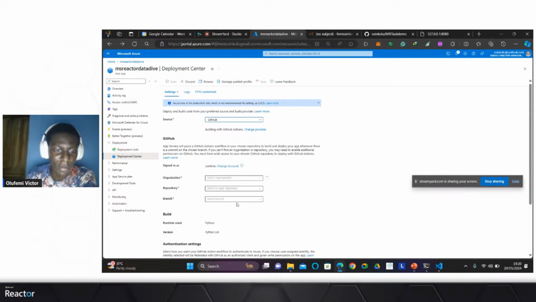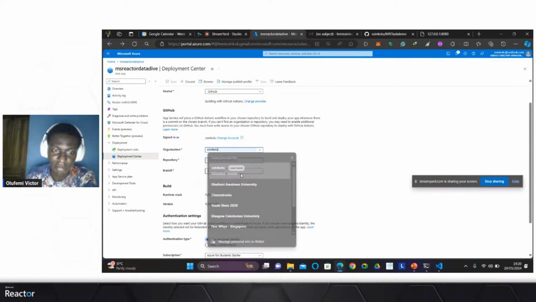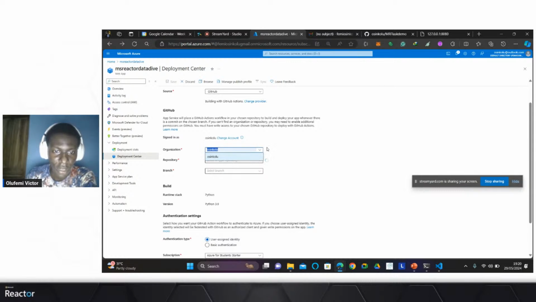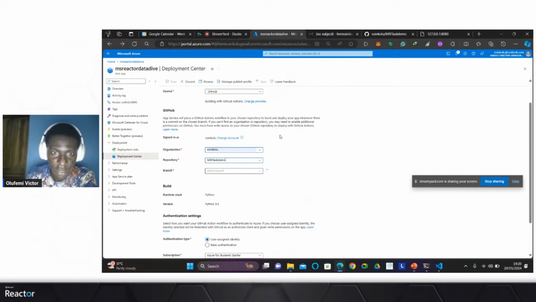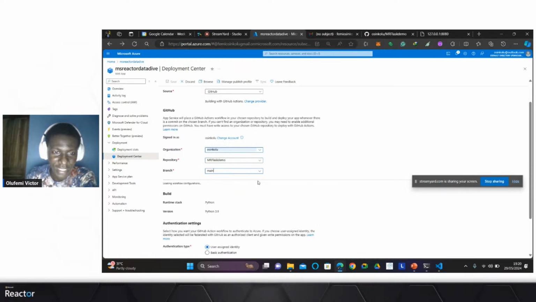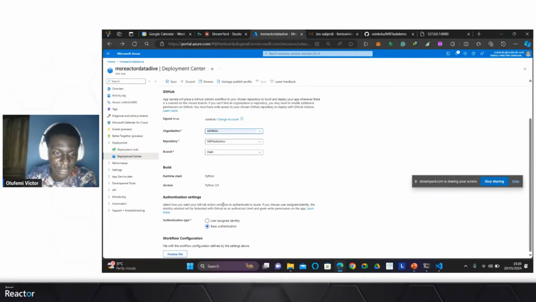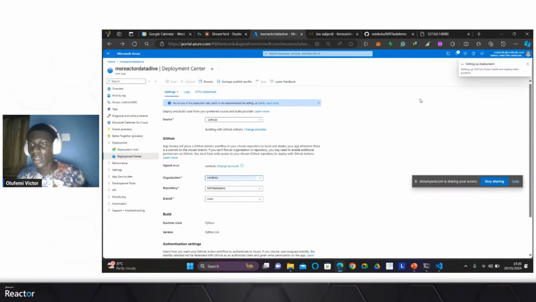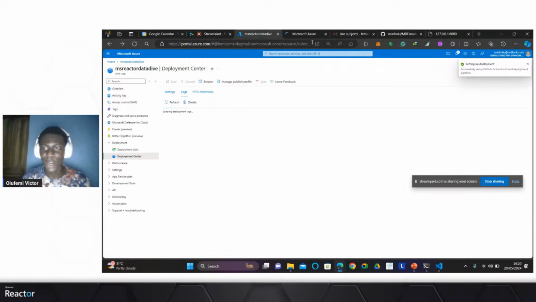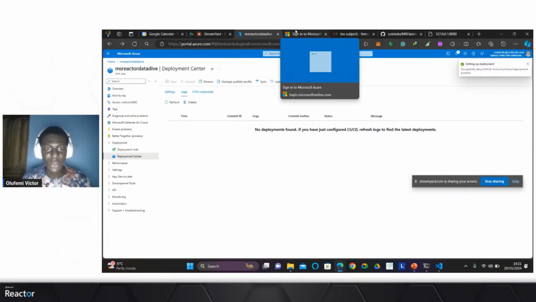So this is GitHub. Of course, I'm going to choose the last one I chose. So my repository is, yeah, let's find it. So my Flask demo, I know I have a bunch, and main, and I can use basic authentication, and yep, we're good. So that's all, setting up deployment. And let's go back here to check out.